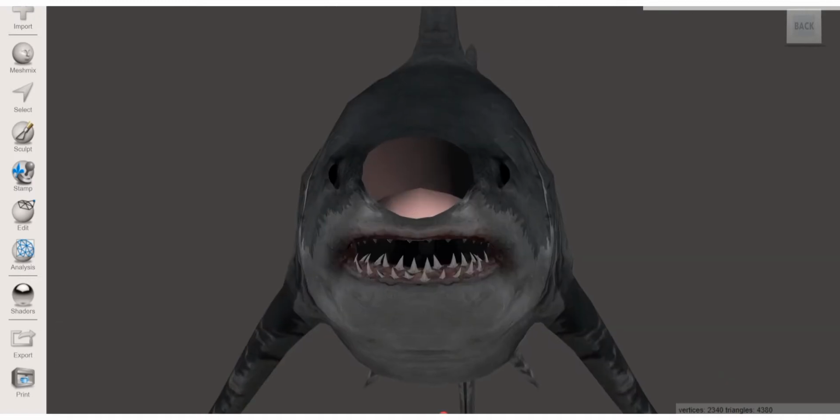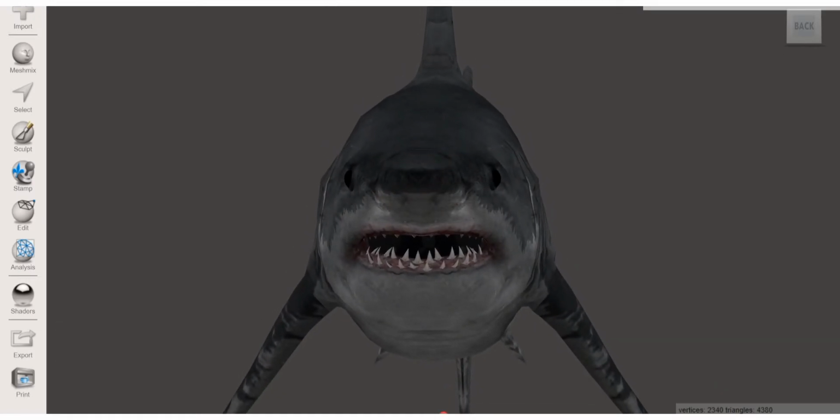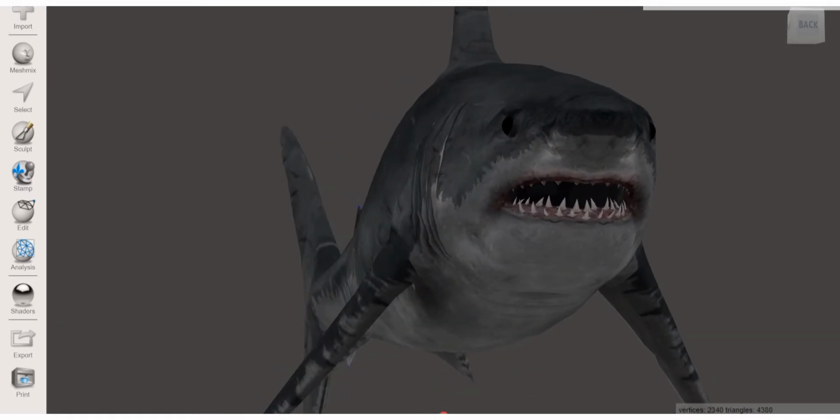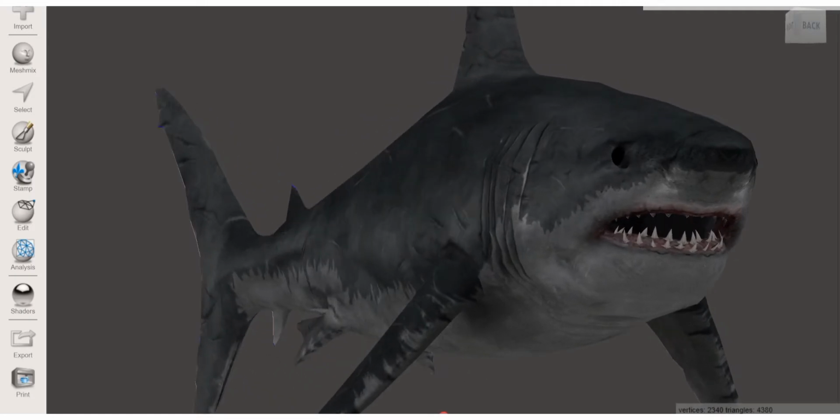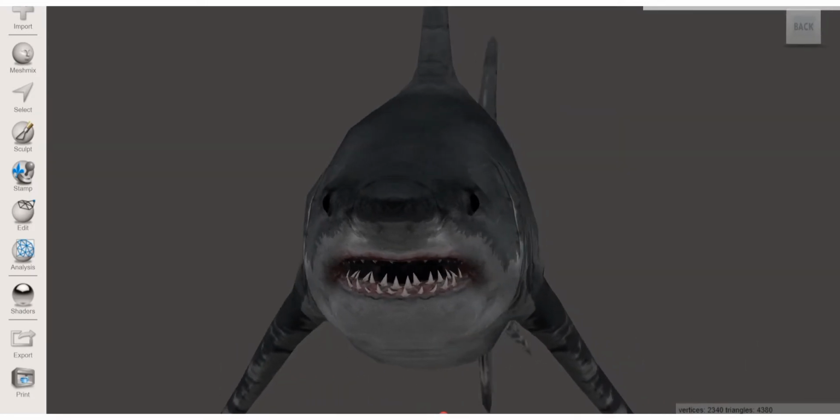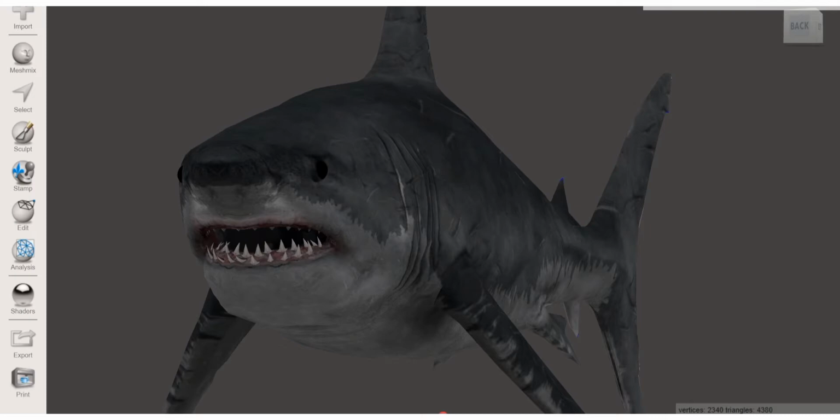we have a shark 3D model right here with all the textures, with all the little features that it's got. And all these textures are not going to matter for this demonstration, but I'm here to show you just what it looks like. So this is the Autodesk Mesh Mixer